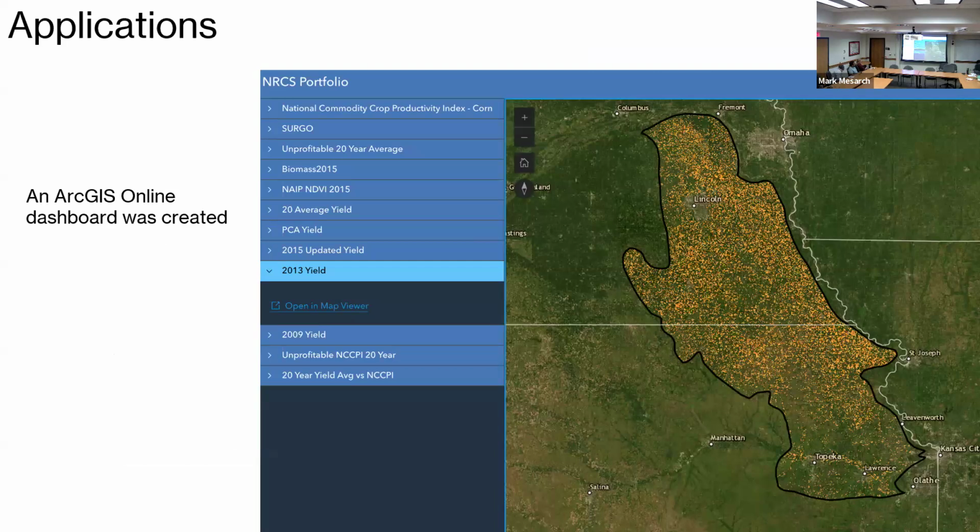So, a quick application side. All this data is organized in an open portfolio that is almost done on ArcGIS Online and also hosted in a Experience Builder stack format. That is a clickable portfolio of every single field. You get the soil type, the yield, the field size, field change, yield size, yield change, a general PCA for every single field, a principal component analysis, weighted averages, and then you're able to compare what the generalized biomass was